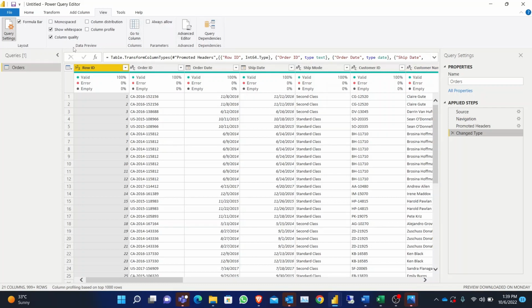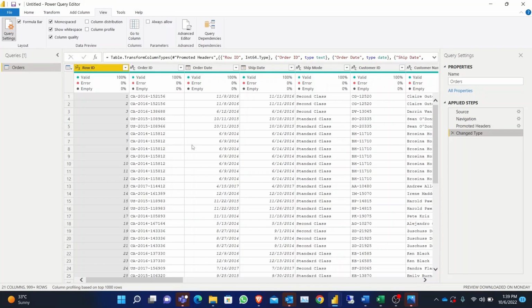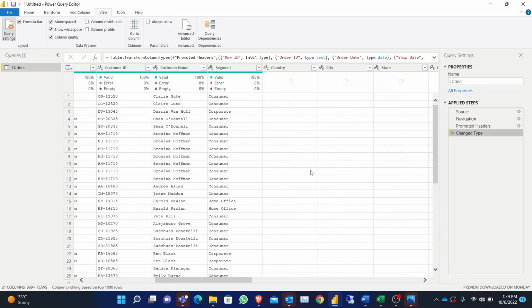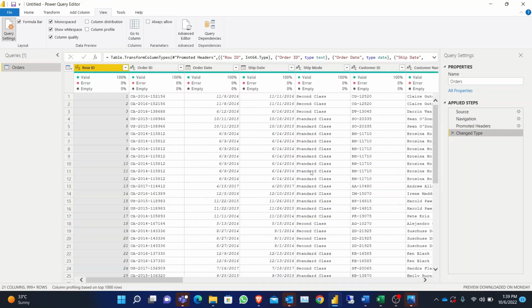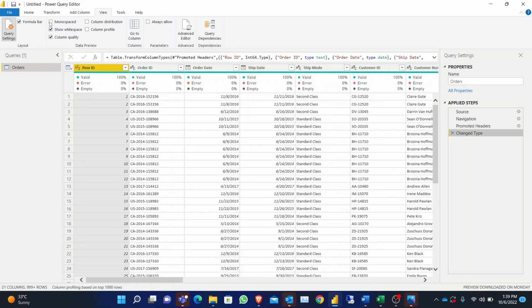In the next step, the data preview, there is some functionality in monospace. It basically uses the monospace font to convert all of your data into monospaced font. I'll just uncheck it and keep it in the font it already has. Then there's some